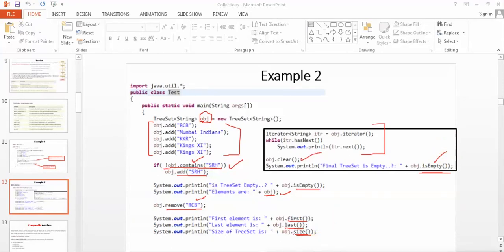In the next video I'll help you know how to make your own class and how to embed objects of that class inside the tree set. Let's say you want to make a person class. The person class object cannot be directly added into the tree set unless you inherit the comparable interface. The string class and the wrapper classes by default inherit the comparable interface, so that's why there is no error here. They already provide the comparison logic to compare these elements, which is why they are sorted automatically. We'll see the details in the next video.